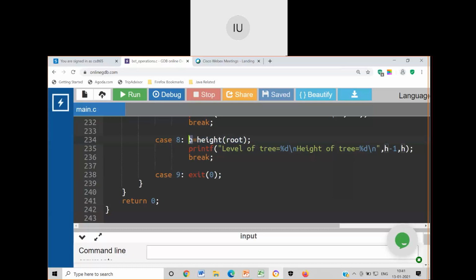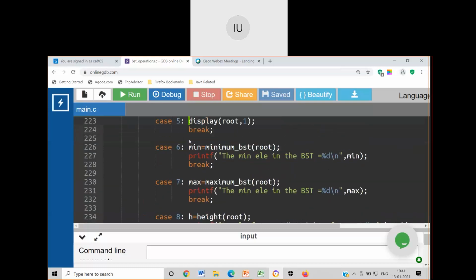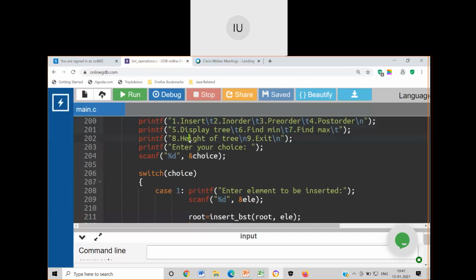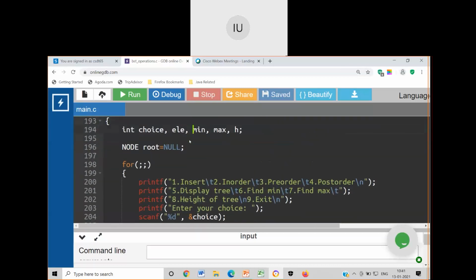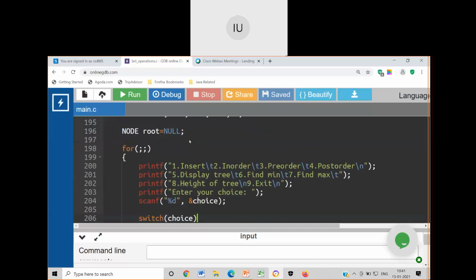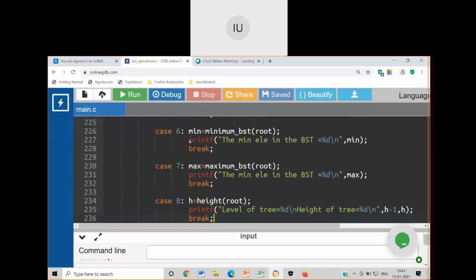H indicates height, and I have declared it before. I will just show you the way it has been called. Case 8, h is equal to height of root. By using the value that I have received, I have printed level as well as height of the tree. This I will come back to later.